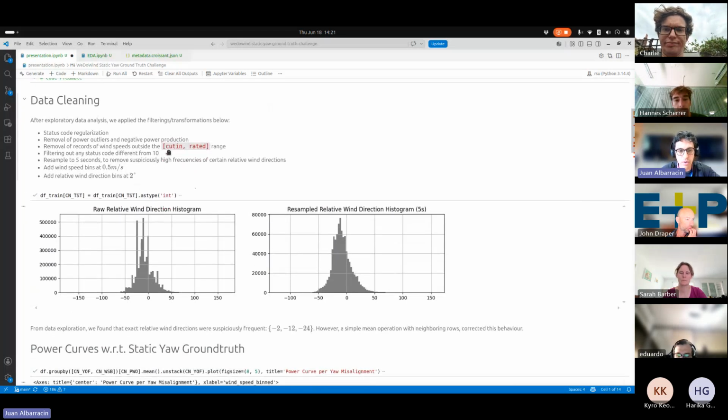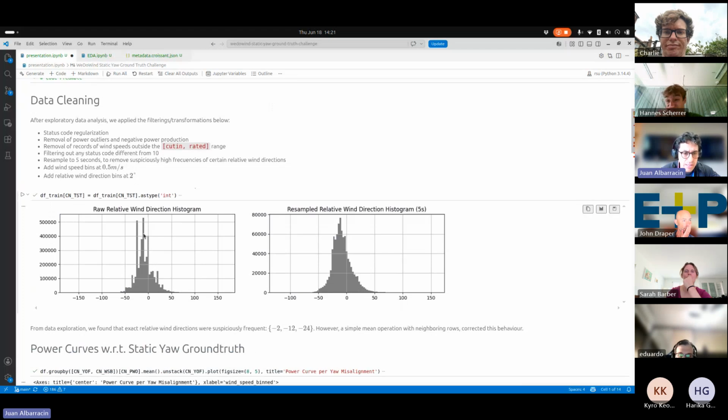We worked only with data between the cut-in and rated wind speed ranges, because outside those ranges there are more factors that affect, like the pitch control, and more noise. And we also resampled the data to 3 seconds because of these strange peaks when we get the relative wind direction histogram.